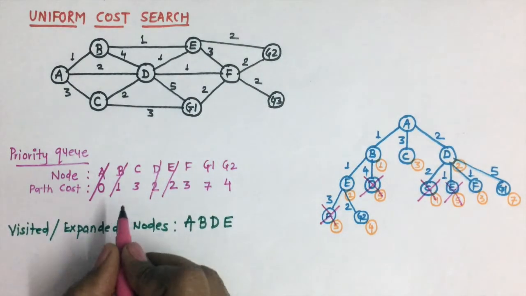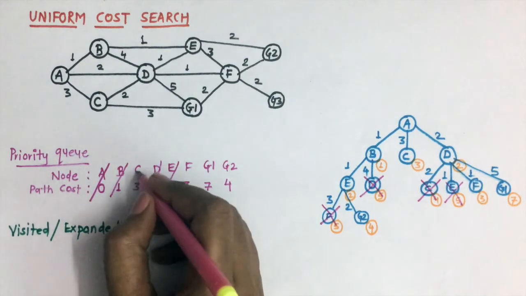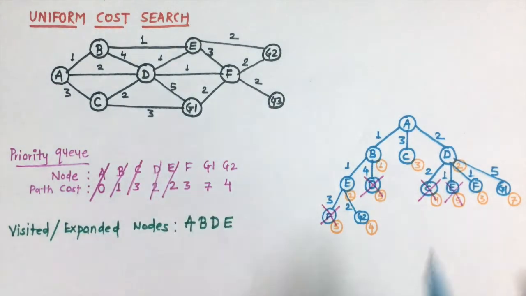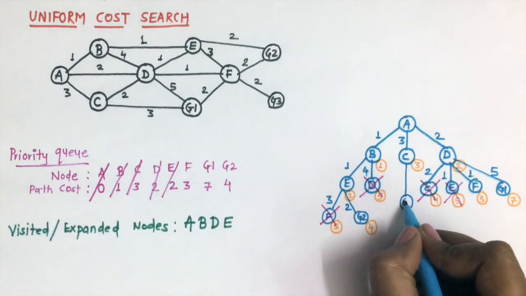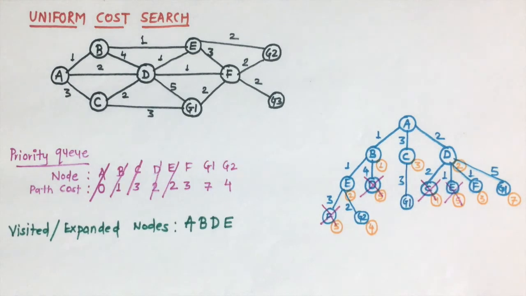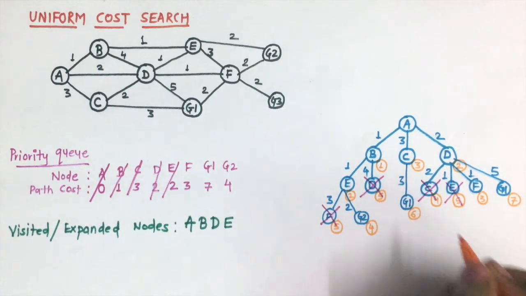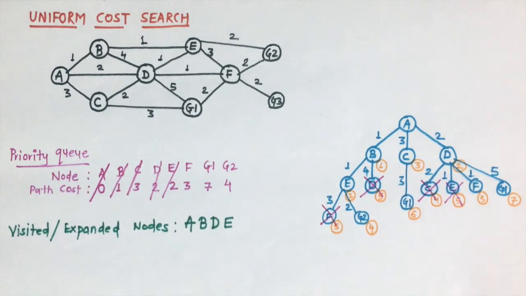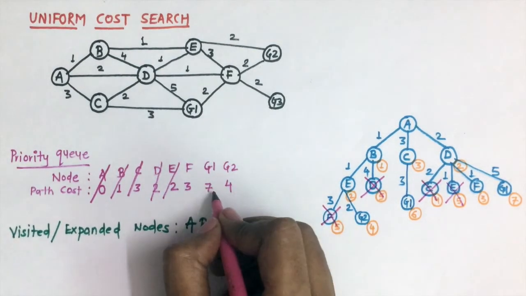The next node will be popped from the queue. C is the node with the lowest path cost, so it will be popped. C is not a goal state, so it will be expanded further. There are 3 adjacent nodes to C, node A, node D and node G1. A and D are already expanded or visited, so G1 will be considered. G1 is already in the queue and we got path with lower path cost, so its path cost will be updated.